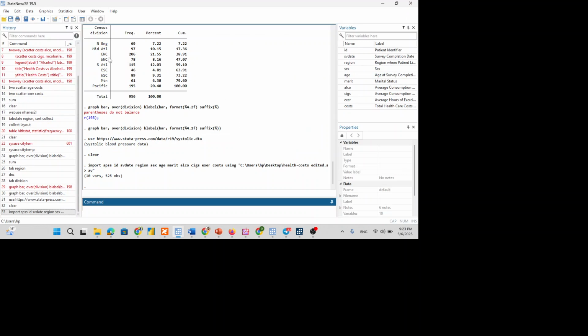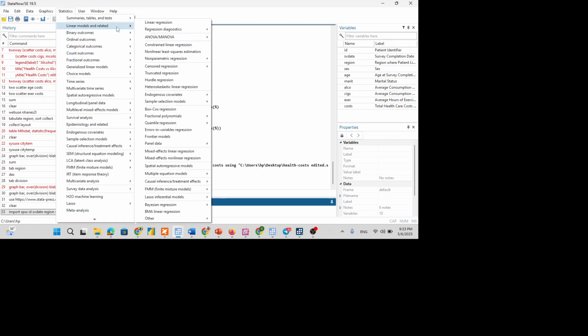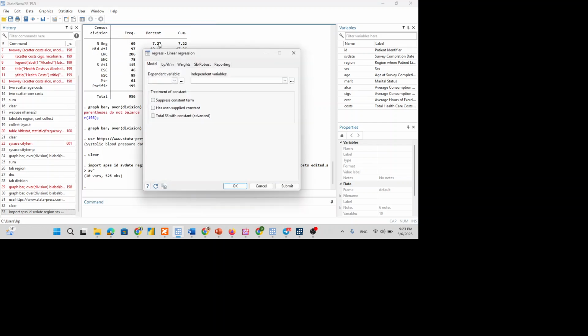So this is my data set. The first step I will show you: click on Stata, click on linear model. So I will select linear regression model. After that, select the dependent variable cost, then the independent variables: exercise, cigarettes, alcohol consumption, age.